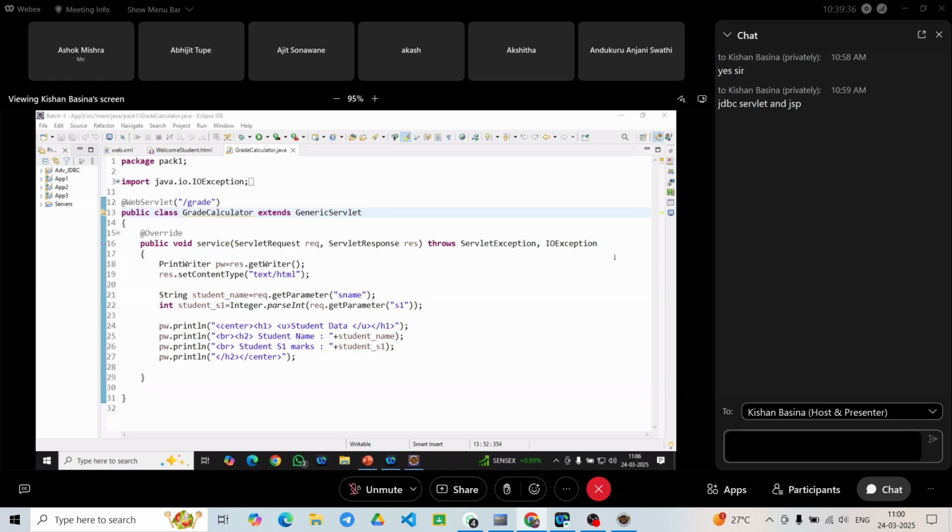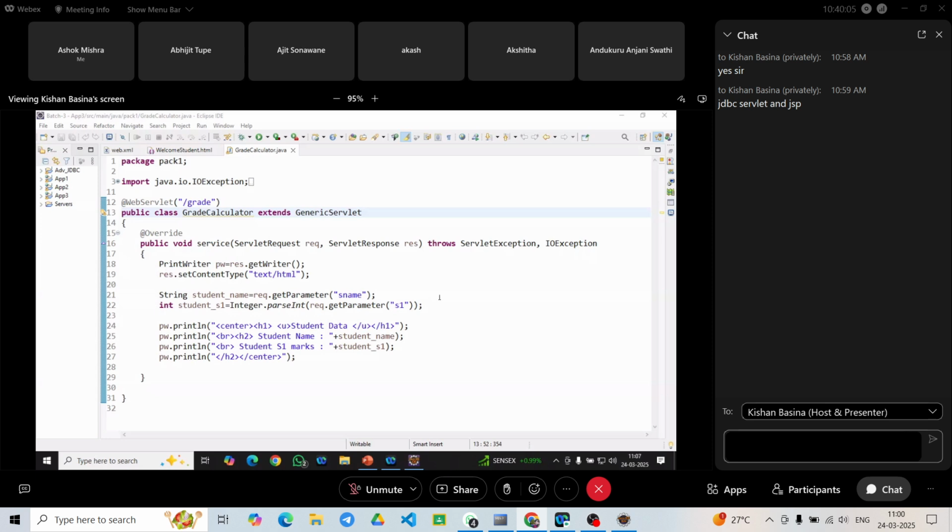20 days we had covered. After that, we started discussing servlet. Whenever we are dealing with servlet, only then can you think that we have started advanced Java. JDBC is just an extension for our core Java. That's it. When you are speaking about servers, basically web server and application server,